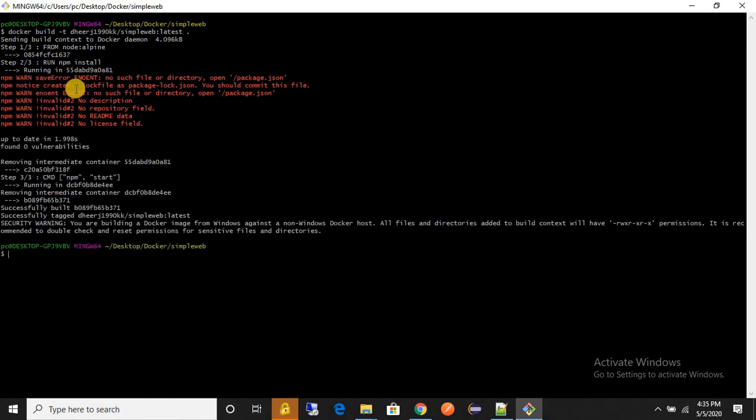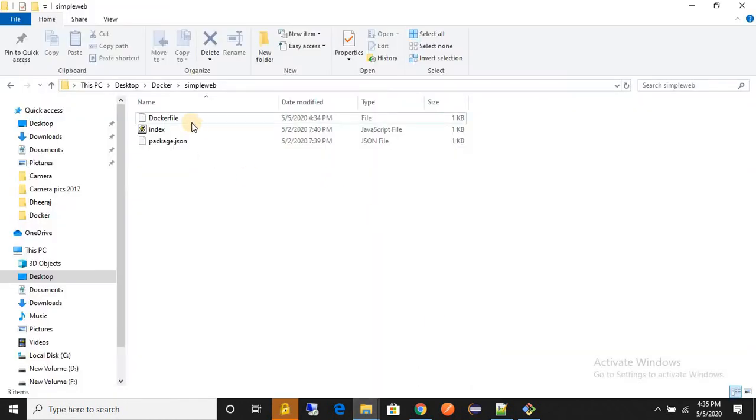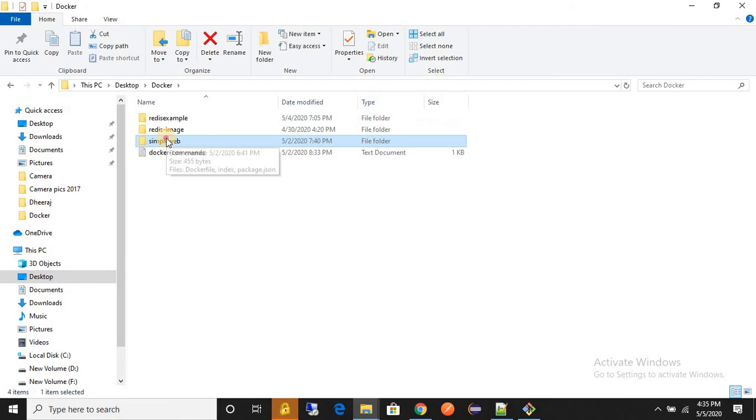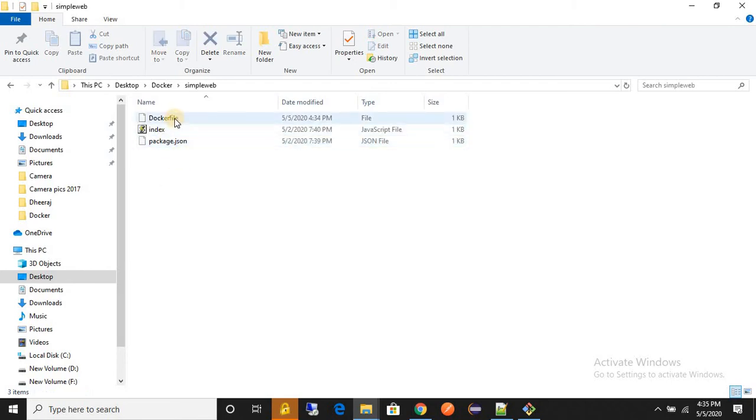What error did we get? No such file or directory, package.json. What does it mean? If you see here, I have a simple web folder. Inside this simple web folder, I have the Docker file, index.js file, and package.json file, right?